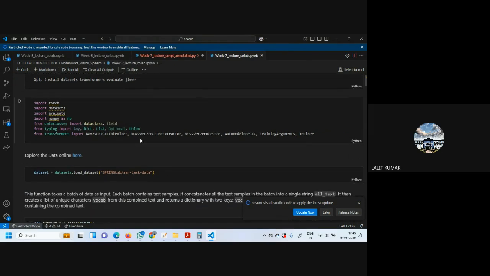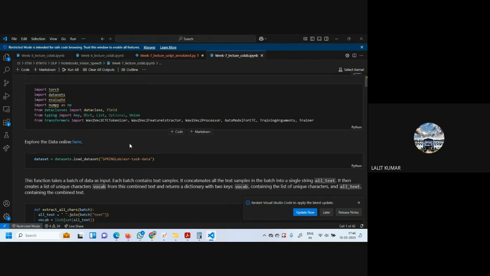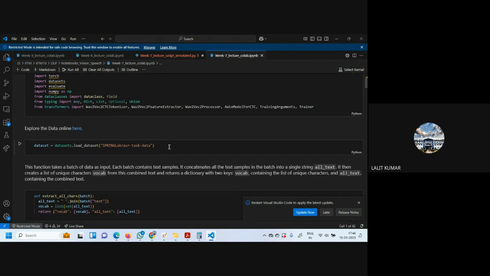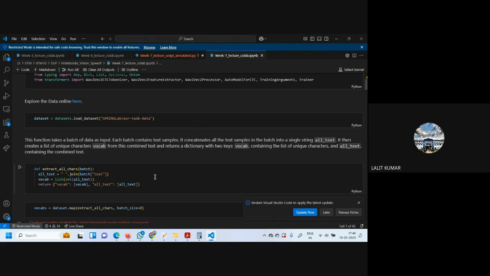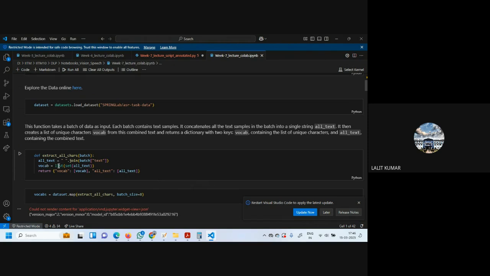So see here in this, first we are loading the data set. It is an ASR data set, and then we are extracting all the characters. So it is not word wise. We have made first of all a list, and then we are getting a vocab which contains all the text.